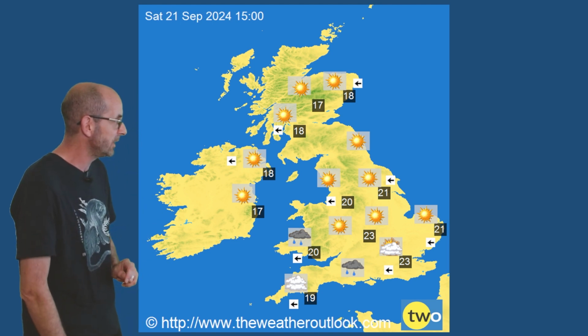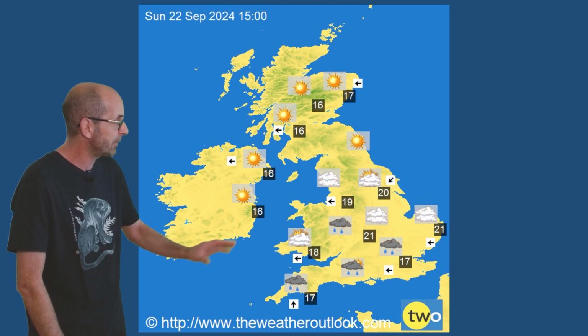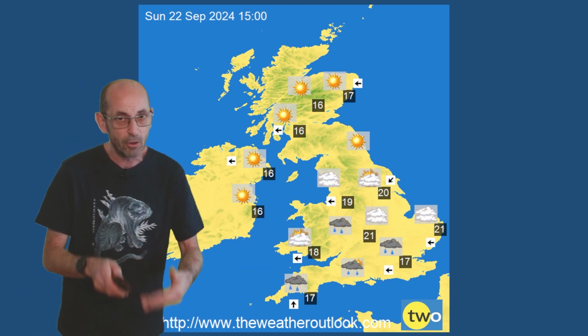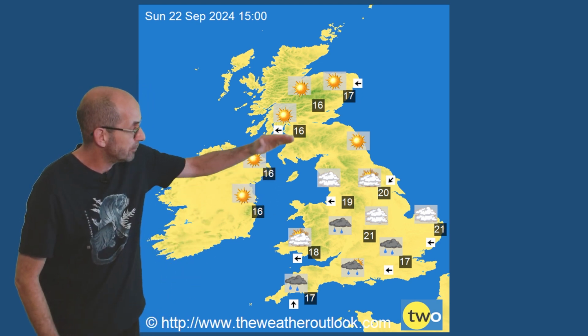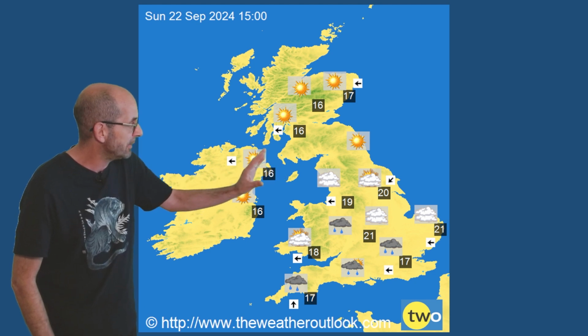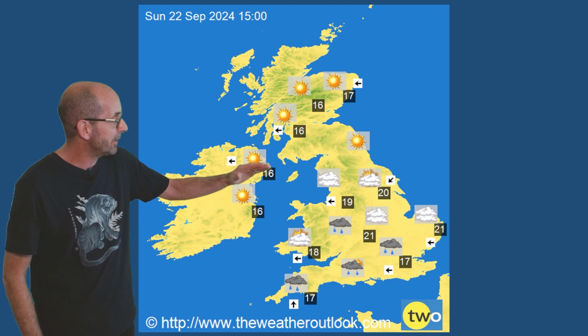because as we go through the weekend, the chance of further showers or long spells of rain continues in the south and perhaps moving northwards into central areas. Where confidence is higher is in the northern half of the United Kingdom, because it does look like it will be staying fine there. Temperatures may be down a little bit once more, but still very pleasant for the time